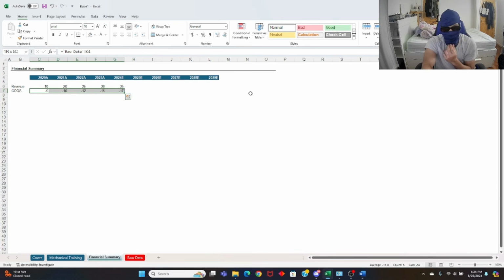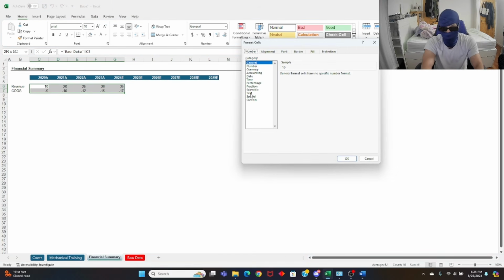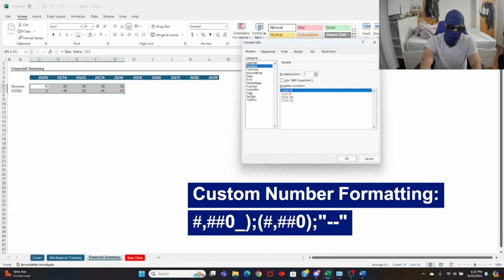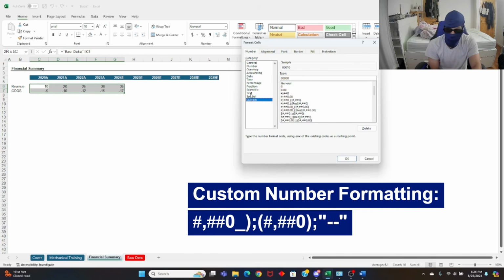So what you're going to do is go back to your number formatter, highlight both of these, Control 1, pop up format cells, tab in, go all the way down to custom, and this is the format you guys need to remember. Hashtag, comma, hashtag, hashtag, 0. The comma shows that every 3 values there's a comma. So if you're in the billions or millions, it shows commas for every 3 values, like a normal number.